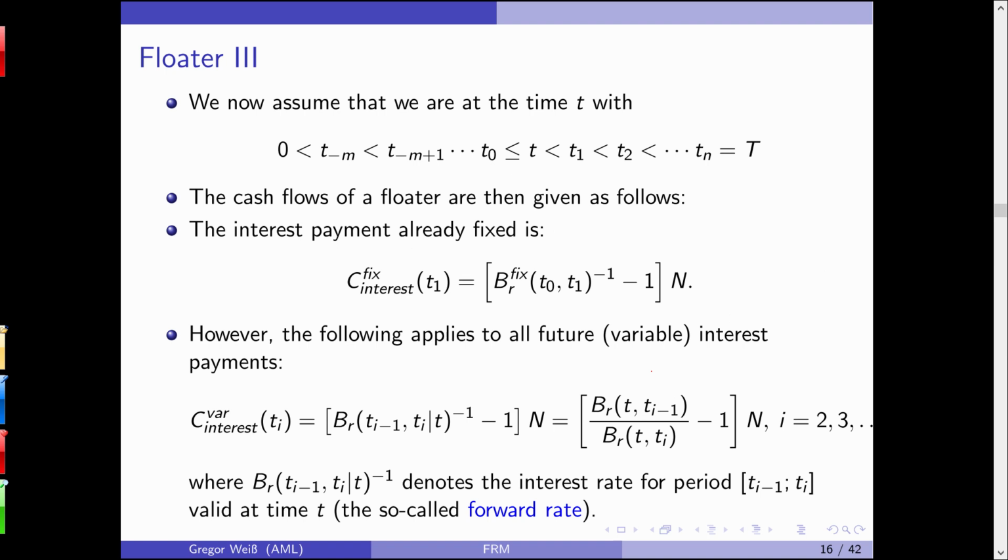Let's try to come up with a valuation, with a price, with an arbitrage-free price of such a floater. We assume that we are at time t, with t being t0 and t1 and then t2 up until tn, which is maturity capital T. The cash flows of a floater are then given as follows. The interest payment that has already been fixed is, see, fixed interest at t1 is the discount factor for the period t0 up until t1